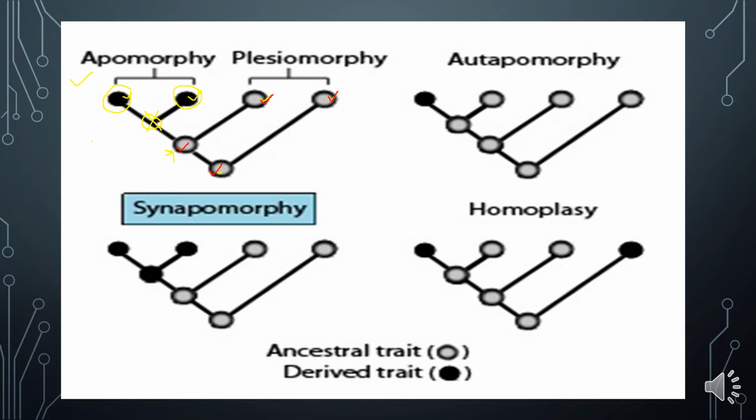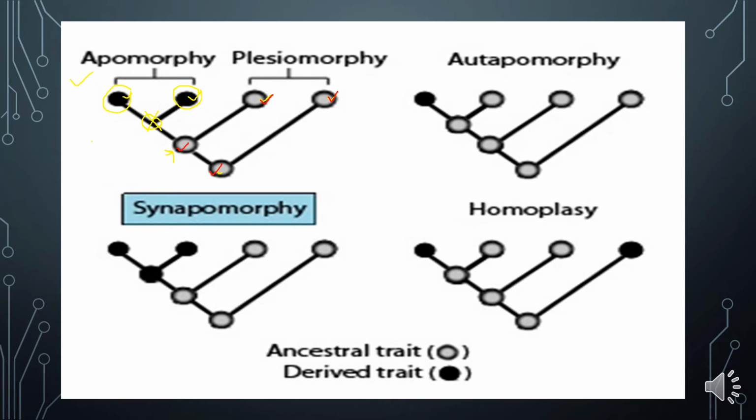This is the ancestor that these two taxa come from, but they have a character that is different from the ancestral character. The ancestral character is the gray colored portion that I marked with red, and the derived character is the black colored. So in any cladogram where two individual taxa have developed a certain derived character which is absent in their ancestor,